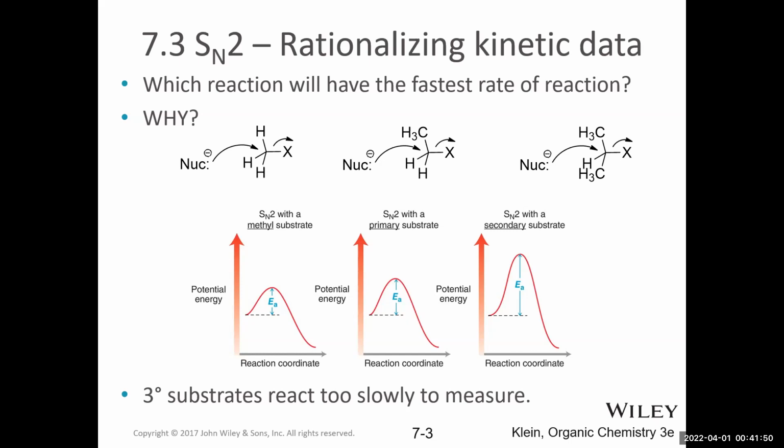So it's really important that you understand that tertiary substrates do not react in SN2 reactions, again, because the rate is too slow. The best substrates for an SN2 reaction are methyl or primary alkyl halides, and the reaction slows down considerably with secondary alkyl halides. So in some cases, it will work with a secondary alkyl halide, and in some cases, we'll get a different reaction occurring, which we'll learn about later.